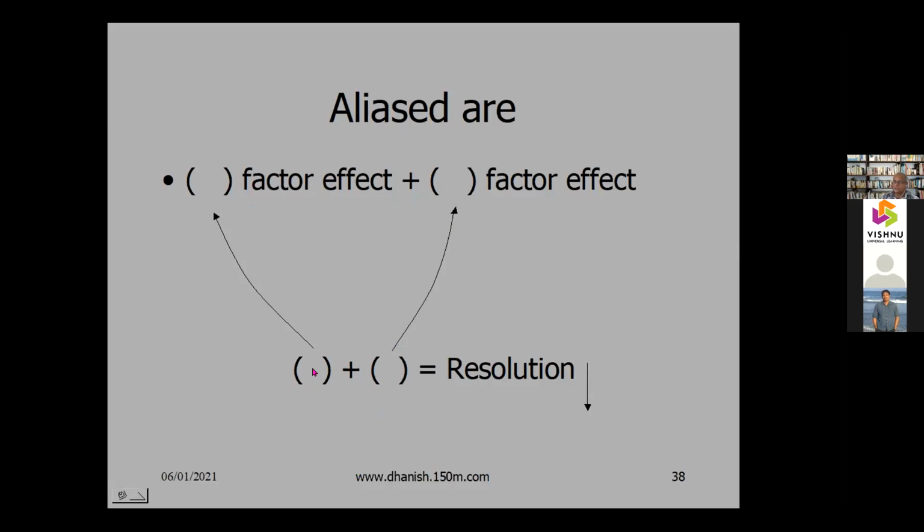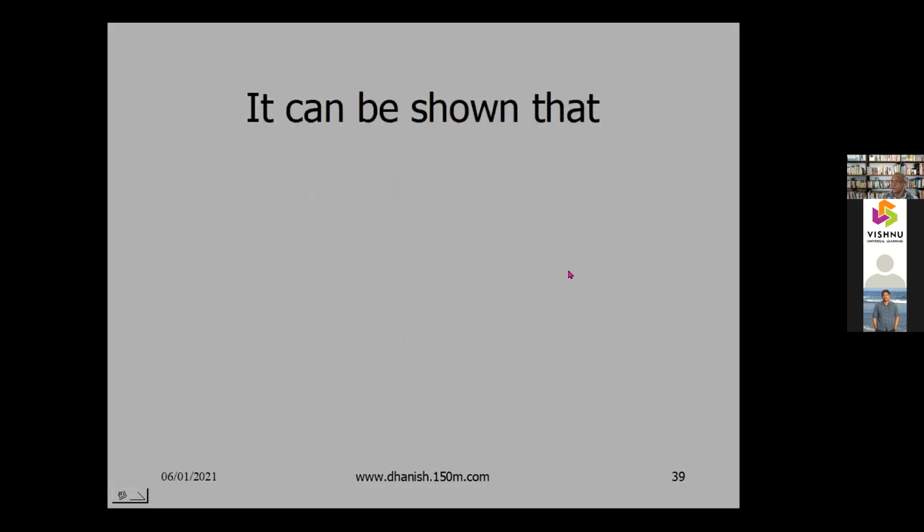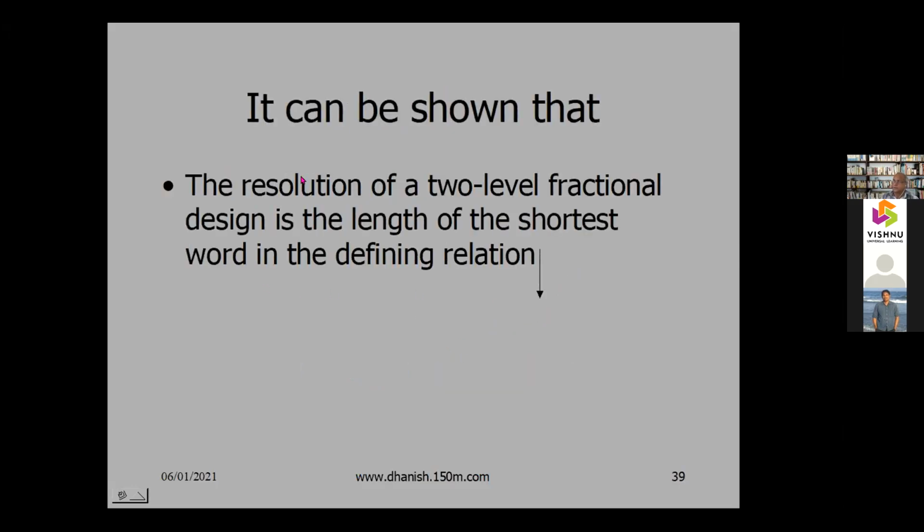So main effects are confounded with only 4 factor interactions for a resolution 5. So they are very safe, since high 4 factor interaction effects getting significant are very rare. So if 1 and 4 are confounded, it doesn't matter much. So that is the idea of this resolution. Okay, so that is how to determine the resolution.